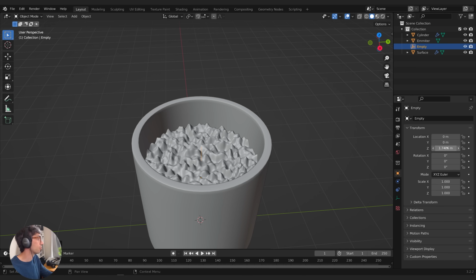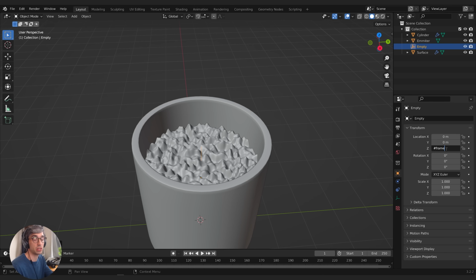So I want this to just kind of always be going. So I'm going to add a little driver, and I'm going to use the quick way of doing it. I'm going to click on the Z location of this empty. I'm going to type the hashtag and then type frame. And the hashtag is shorthand for driver. So this is telling Blender, hey, we want this to be a driver. So it'd be the same if we right click and went add driver and put this in as the code, but we could just type hashtag frame.